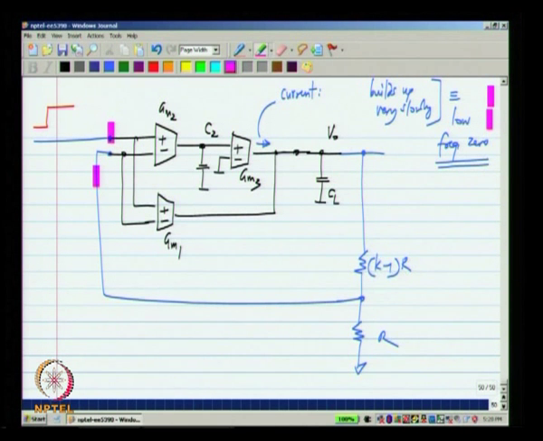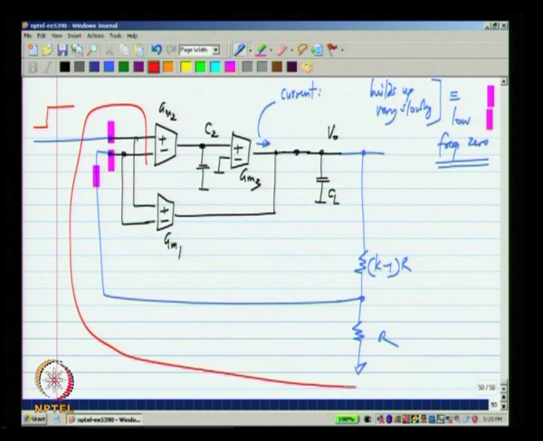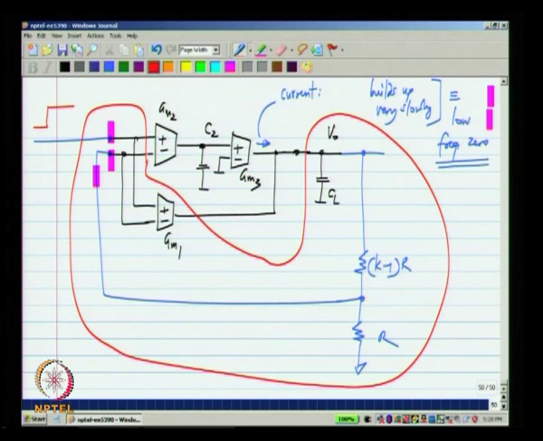So effectively that means between the inputs of the op amp you have a step input because this has not changed. We also said that the current that is coming out of GM3 is very small, it builds up very slowly. So, initially it is very small. So, initially it is like having only the single stage op amp GM1 and CL. So, this is all we have. Let us imagine that this GM2 is very small and GM3 is very small and C2 is very large, that is the 0 is at a really low frequency, so that this current does not build up much in the beginning time period.